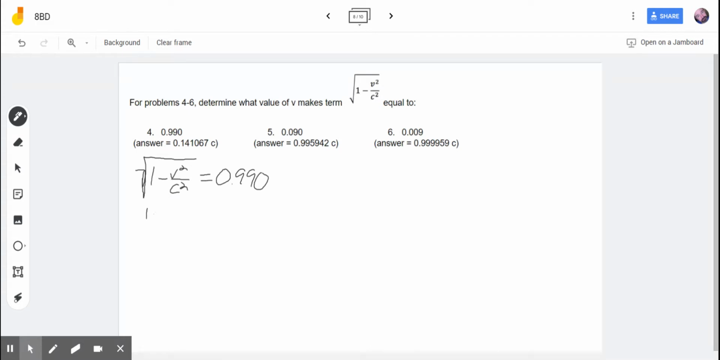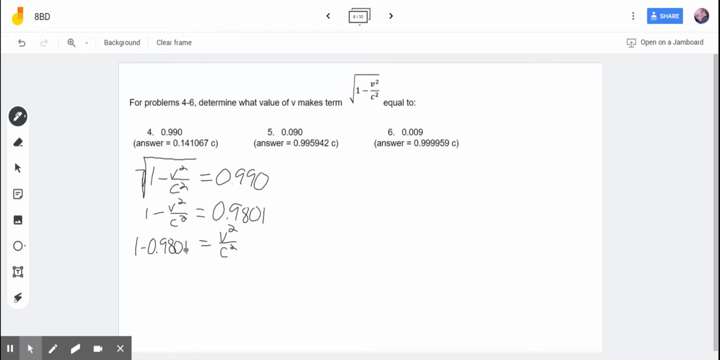So on the left side, that's going to give us 1 minus V squared over C squared. And ask your calculator, what's 0.990 squared? It's going to tell you 0.9801. Okay, so we're making progress. We have to do a little bit of algebra. So I'm going to do 2 steps at once here. I'm going to add V squared over C squared to both sides. So that would make it disappear on the left, and it would put it over on the right. And I'm also going to subtract 0.9801. So that's going to make it disappear from the right side, and it's going to put it over on the left side. So 1 minus